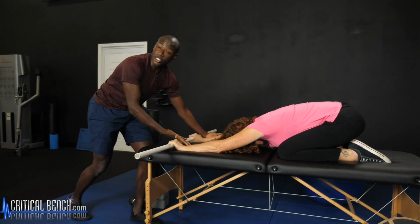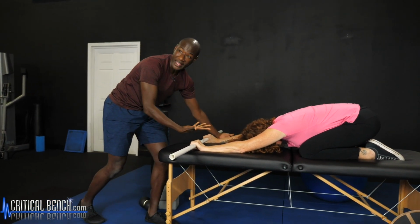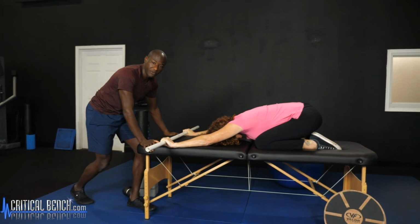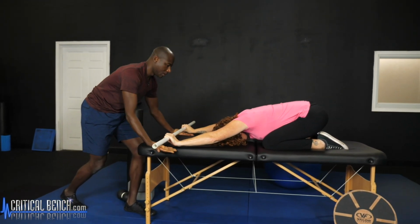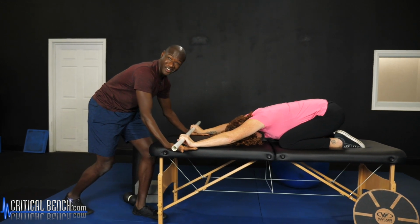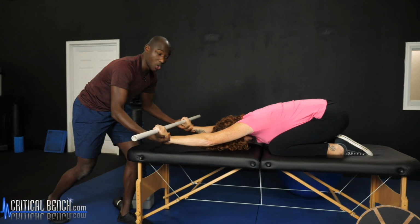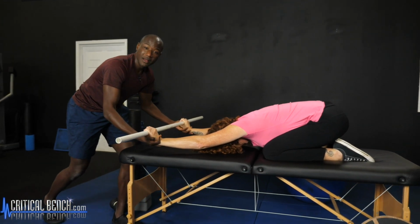So let's find the position where she could passively get to. So I'm going to bring your arms a little bit wider. Perfect. And I'm going to have you try to lift from there. And she can, but it's a struggle. And so she has the ability to actively get her arms to overhead in this position, but it's kind of